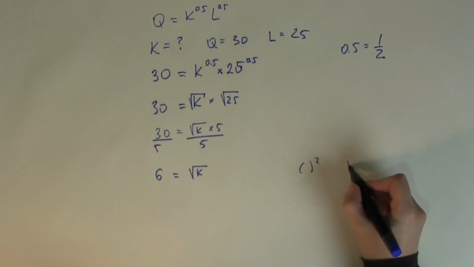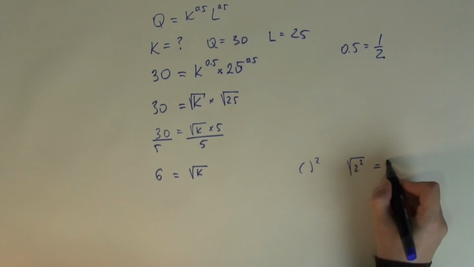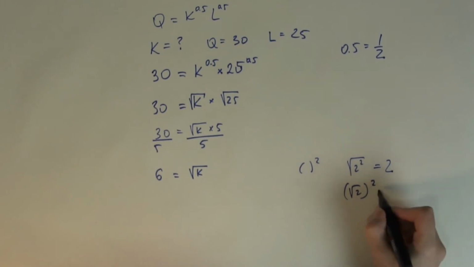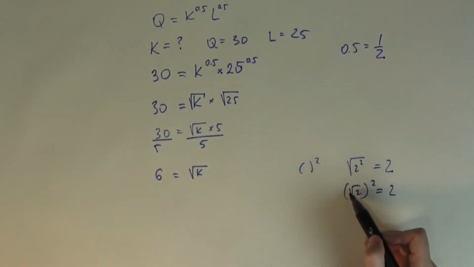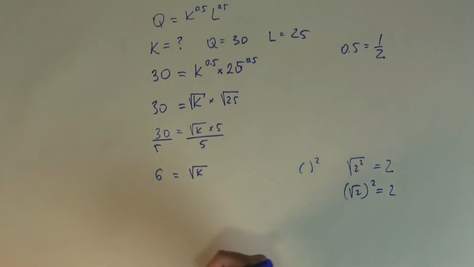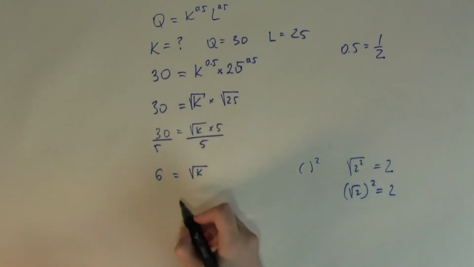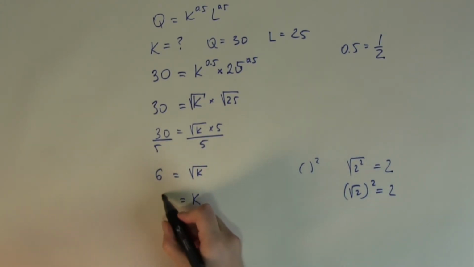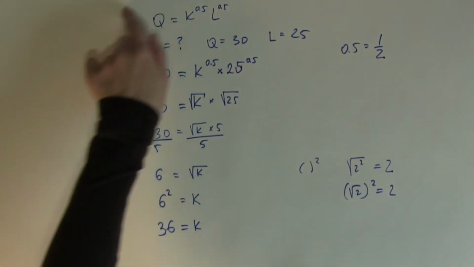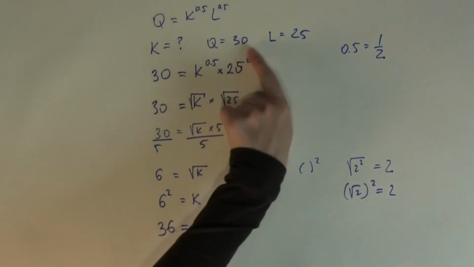Just remember, square root of 2 squared gives you 2. And also, 2 squared then square rooted still gives you 2. So the root and the square are each other's opposite calculations, the same way as multiplication and division are. So I want to remove the square root, so I'm going to have to square the whole equation. So that will give me K, but then I need to square the 6. 6 squared is 36,